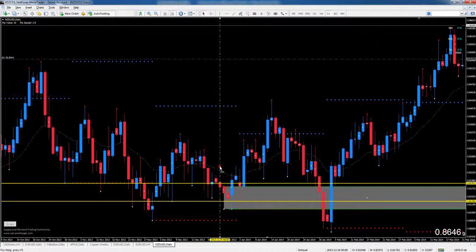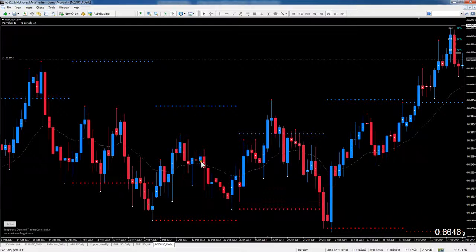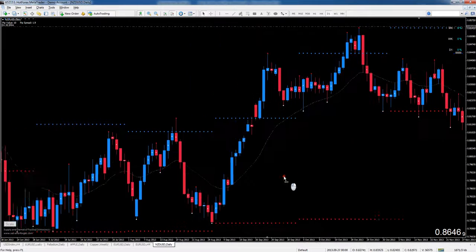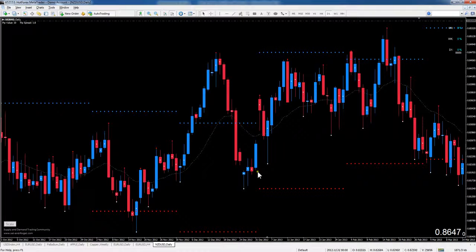Okay, so now let's try and locate another one. Another one. Let's go back in time. It has to be bullish. Here, another example: a drop, base, and a rally. What we do is we locate a candle that engulfs the previous candle. So there it is. So we measure